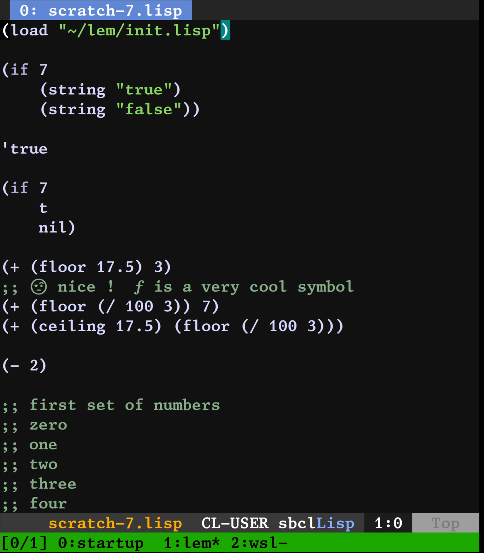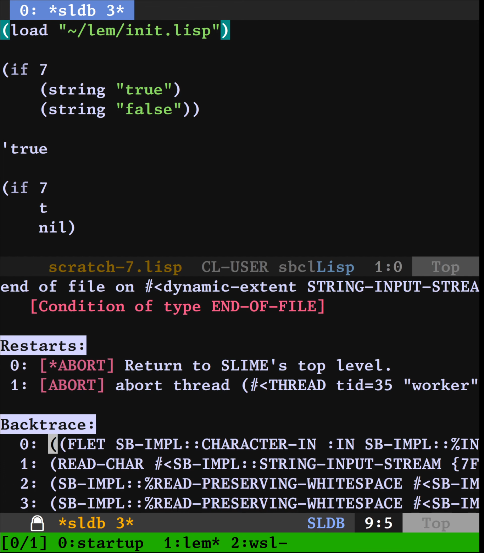Basically, I had an init with Lem and it was pretty good. It was decent. But then when I tried to change operating systems, I totally forgot about the stuff that was on the Linux side of things, because I use WSL, Windows Subsystem for Linux, and I forgot about all that stuff and I lost my Lem init, which was pretty sad. But anyway,